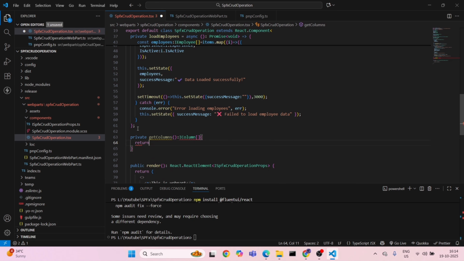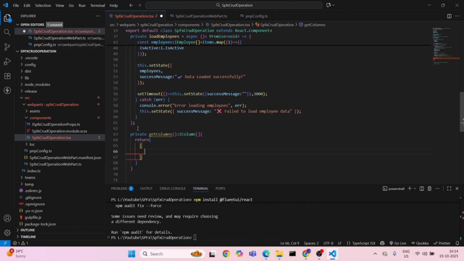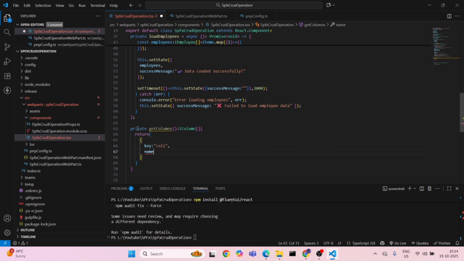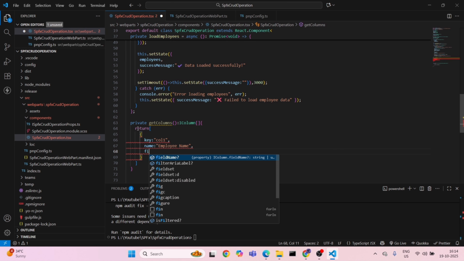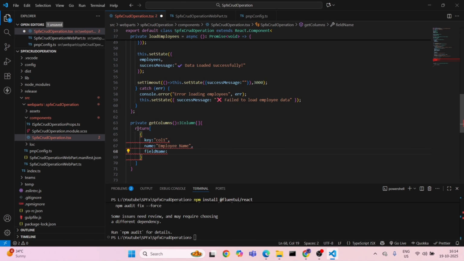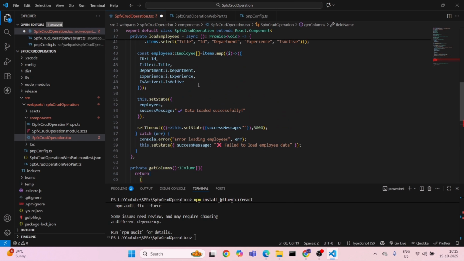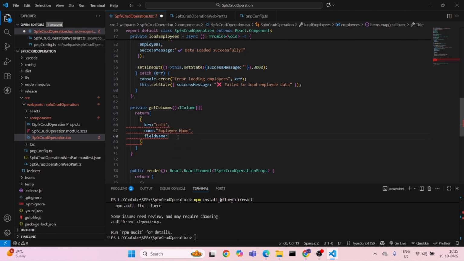So return, and inside return we will have the first thing as key, this will be our column 1, we will have the name, we will have it as employee name, we will have the field name, again it will be a title, right? So just copy this and double quotes paste it,